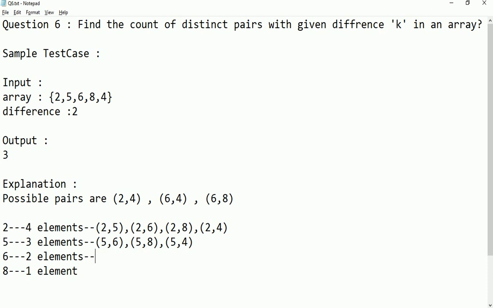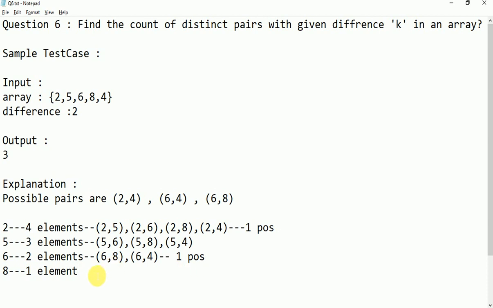Similarly, you may have two possibilities. The element 6 is compared with the next elements. Here you have 1 possibility, right?